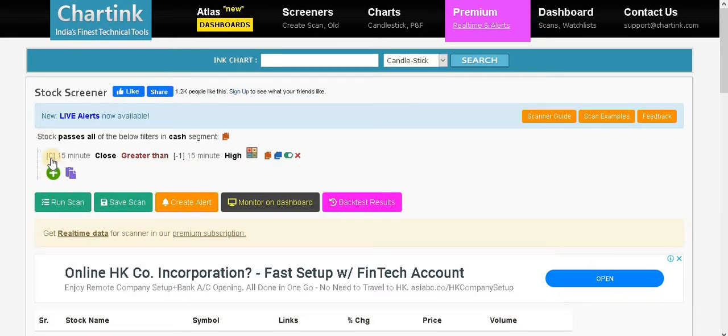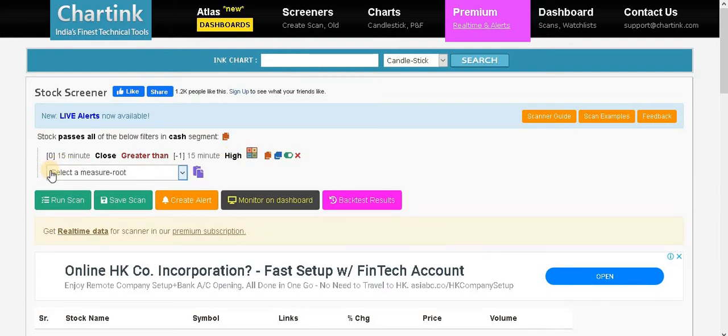So just to sum up this, the first value will be 0 followed by 15 minutes, and then close followed by greater than, with -1. After that will be 15 minutes, and lastly there will be high. Now let's select the second rule.